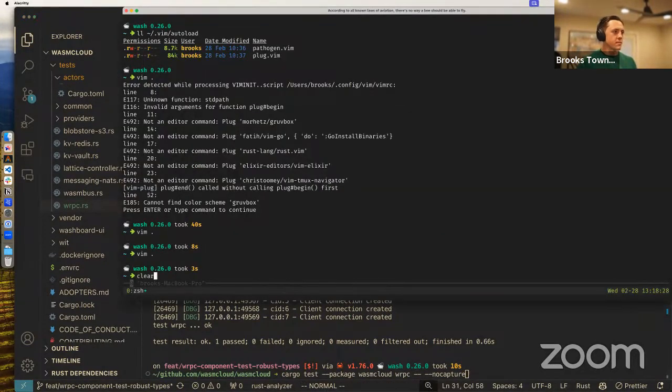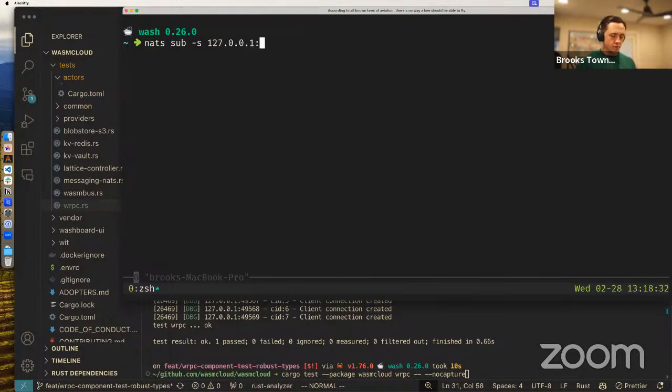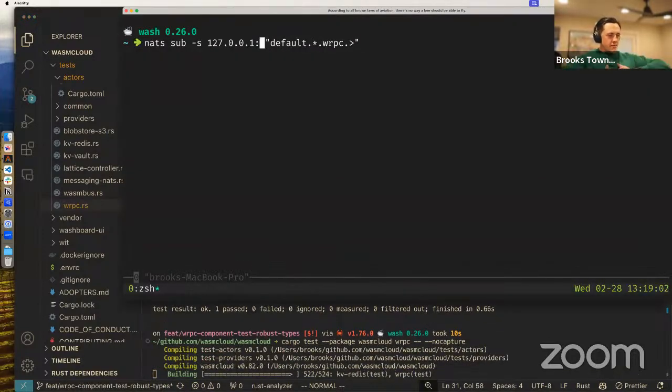What I'm going to do is a NATS subscription on localhost, on default.star.wrpc, essentially the topic that all of these WRPC function calls are going across. Because each time you call a function on another component, we're sending a NATS request to that component to call the exported function. So I just need to know the random port that we get from this,